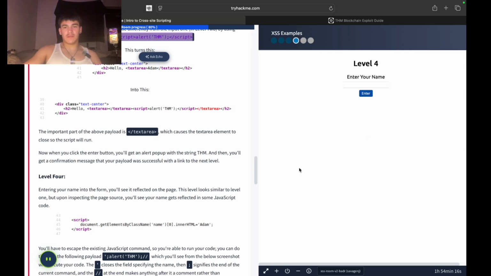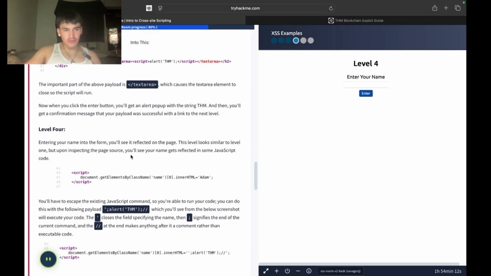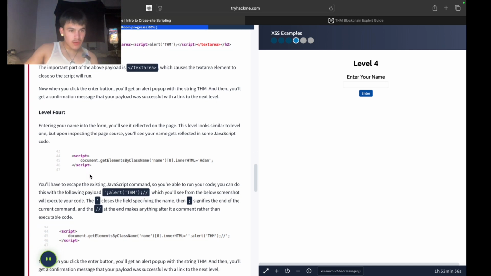Go to level 4. Level 4. Entering your name into the form, you'll see it reflected on the page. This level looks similar to level 1, but upon inspecting the page source, you'll see the name gets reflected in some JavaScript code. You will have to escape the existing JavaScript command so you'll be able to run your code. You can do this with the following payload: